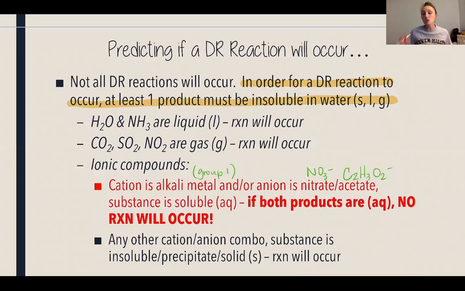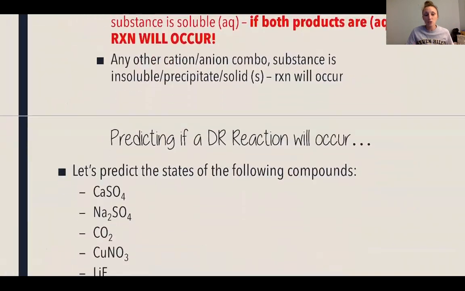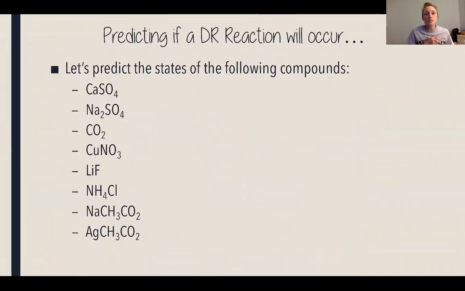All right. So let's look first at a couple examples of substances, and we'll go through and figure out what state those would be in, and then we'll predict some products of double replacement reactions, and I'll let you loose to practice some on your own. So here's a set of substances, and we're going to talk about, are they solid, liquid, or gas? If it's ionic, you need to ask, is it going to be solid or is it going to be aqueous? So calcium sulfate,